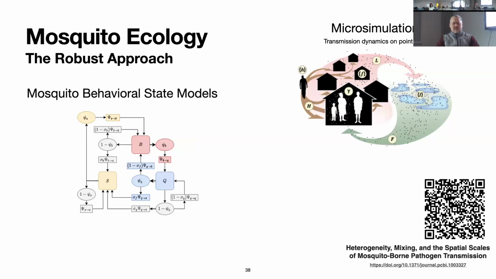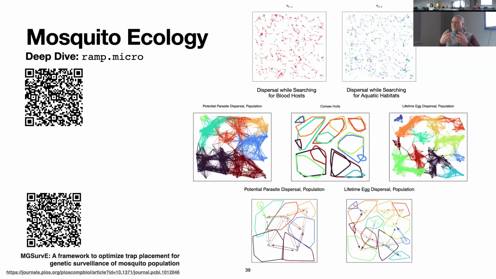Okay, to answer some of these questions, and I'm done, we started delving pretty deeply into mosquito ecology and behavior. We started building models where we break up the life cycle into compartments. In the behavioral state model, mosquitoes are blood feeding, resting, because it takes a while to digest the blood meal after they've taken it, and sugar feeding, and they're doing this on point sets. And what we're discovering is that even with very simple rules for distributing resources, because we don't know what they look like, we can do analysis, but we wanted to know how to analyze these. First of all, it's very hard to build these models. It's very hard to analyze them.